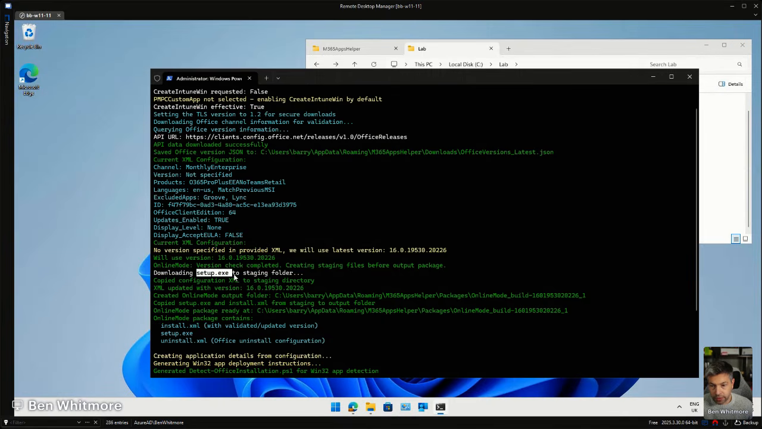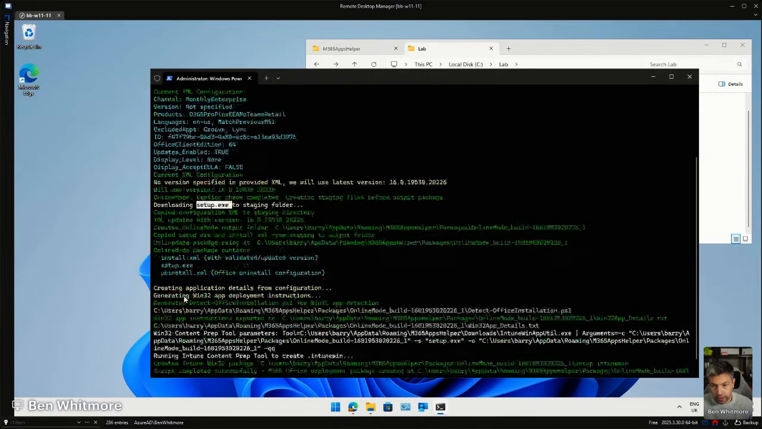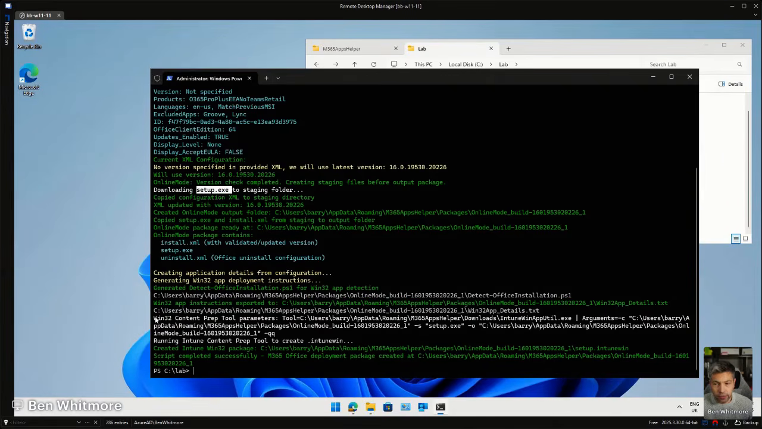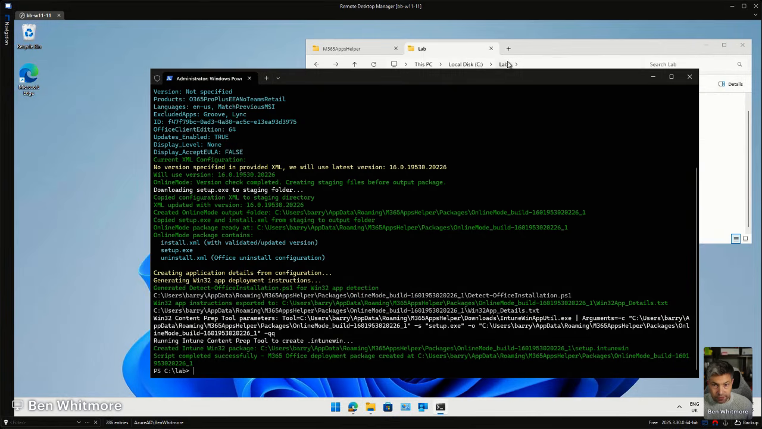Like I say, we downloaded the stub installer. We take the XML that you fed us and we generate an install XML file and an uninstall XML file, because you might want to uninstall Office one day. And then we just generate a few different files. We download the Win32 content prep tool, and then we feed the information we've downloaded, and we end up creating a package. So if we just browse to this folder,